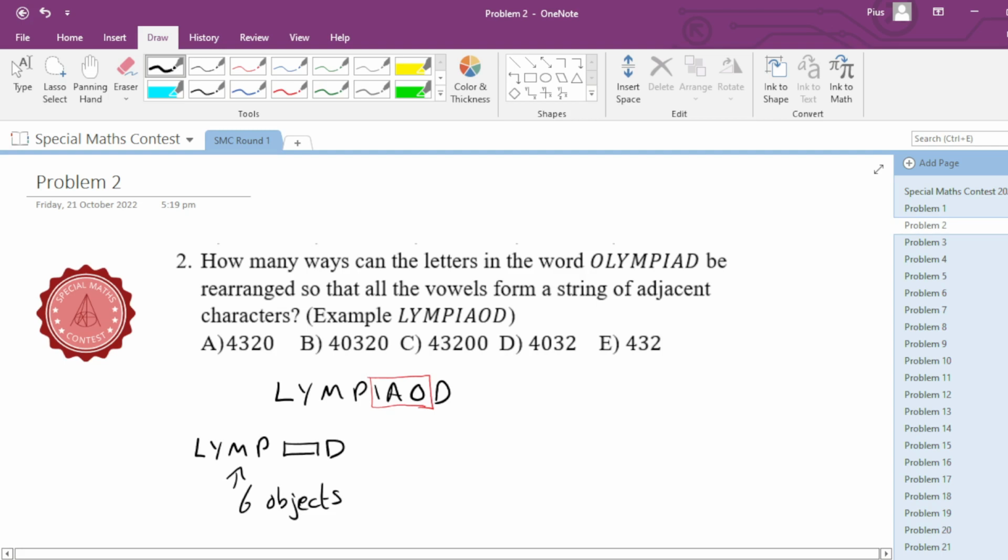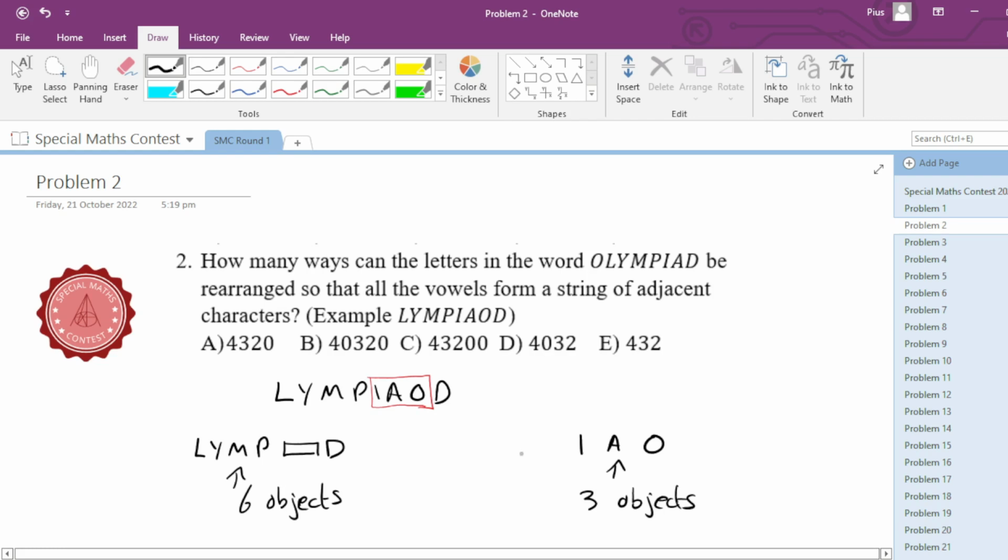And on the other hand, we have to look at the composition of the rectangle. It has to be made up of I, A, and O, but any order is going to be fine. So the different types of rectangles you could have, you could look at it like some kind of coloring. For each of these strings, it will be like a different color of rectangle. For different colors, we may have a different word altogether. So here we're going to have 6 objects we want to arrange, and 3 objects we want to arrange